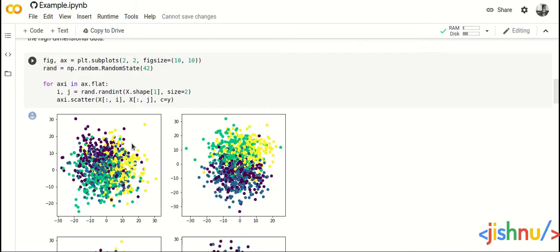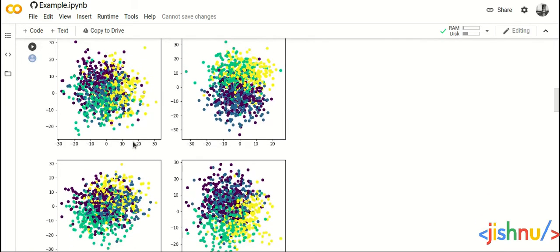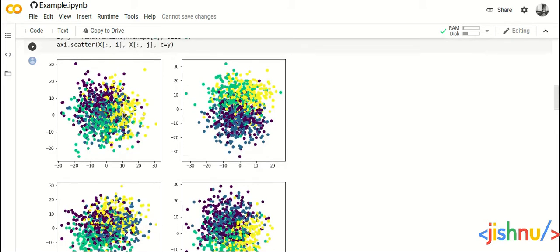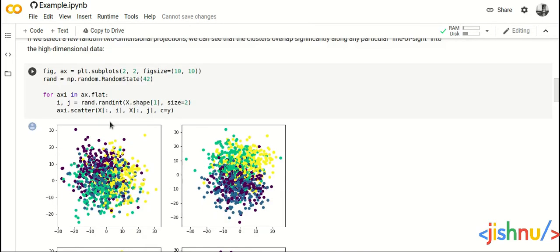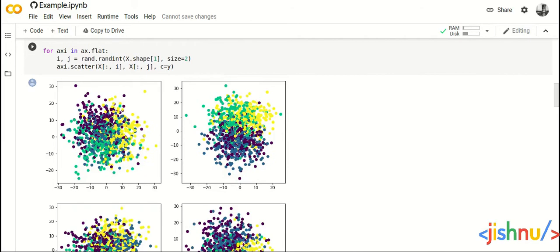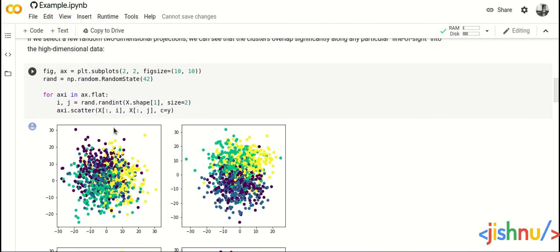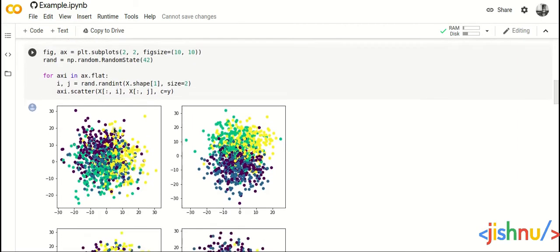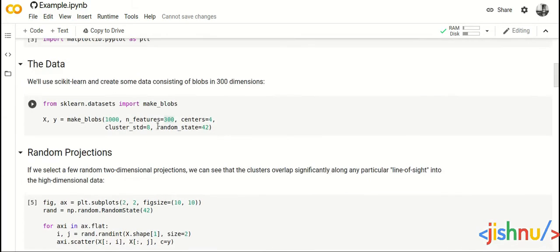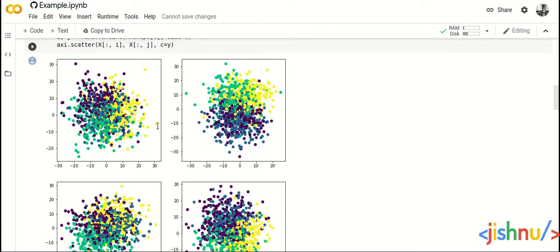And here we can see clearly that even after selecting different dimensions, all these data points look cluttered together. Definitely these colors indicate that they belong to different classes, but nevertheless they are cluttered together. So it's really a challenge to separate them. So now let's see if LPP can help us in differentiating them. Since we have randomly generated data points, this is definitely an experiment to look forward to.